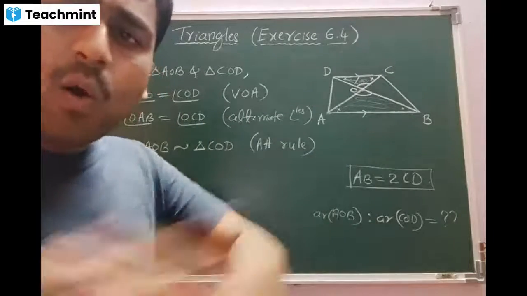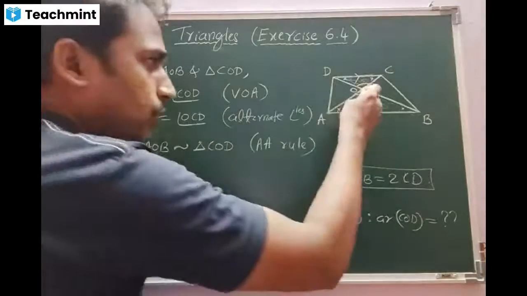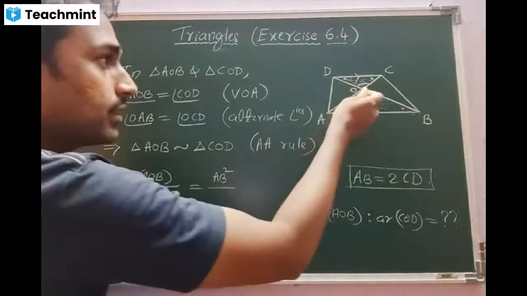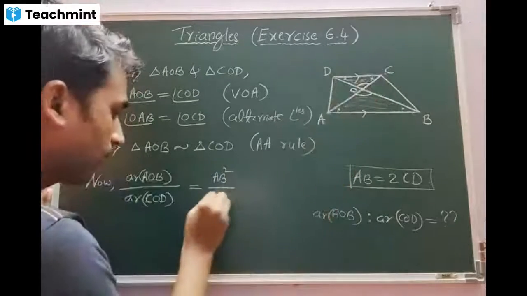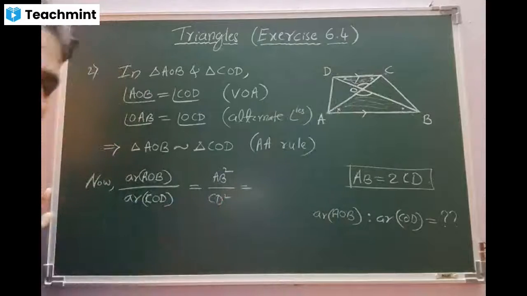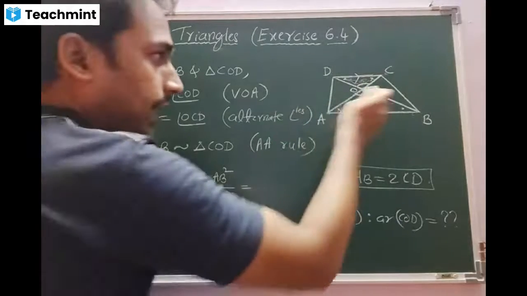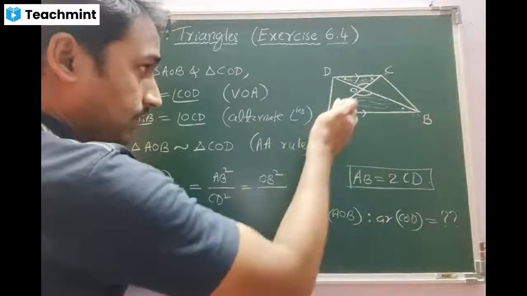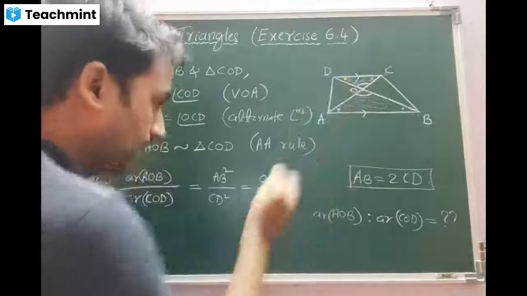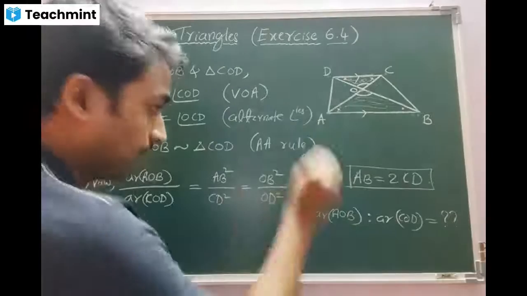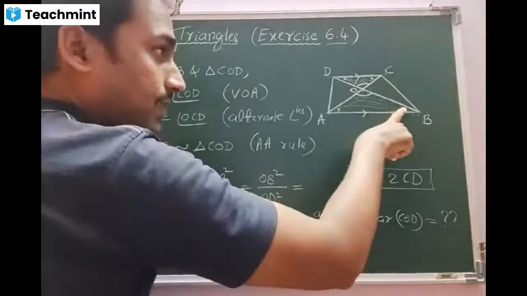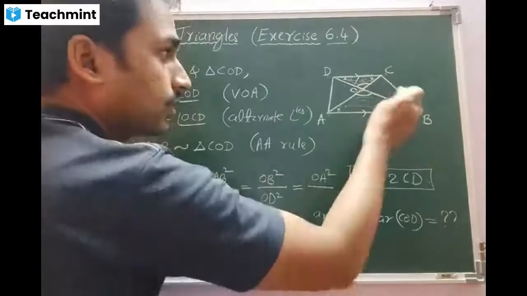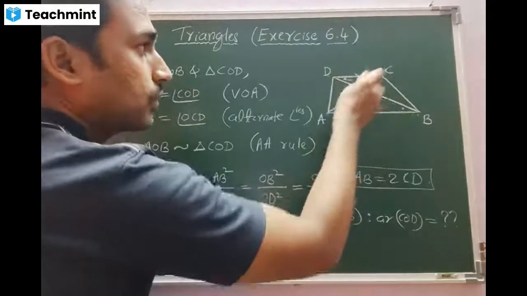Let me write all three possibilities first. Opposite to this, AB square divided by this equal to this, its opposite is CD square. One side. Then the angle opposite side is OB square, this angle is equal to this angle, its opposite side is OD square. Equal to this angle, opposite is OA square, this angle is equal to this angle, its opposite is OC square.